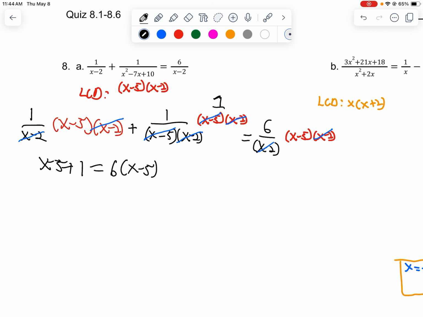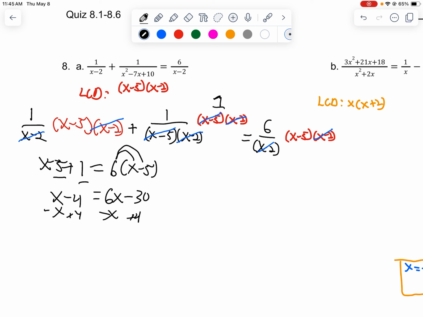That means distributing the 6 on the right. So 6 times x is 6x. 6 times negative 5 is negative 30. Combining like terms, negative 5 plus 1, and that's x minus 4. Hooking up the x's, subtracting x, and adding 4,